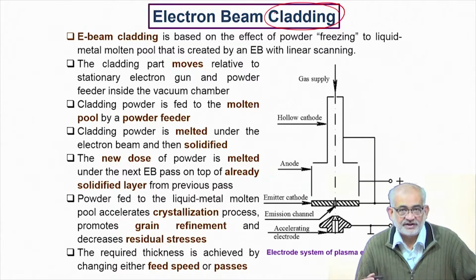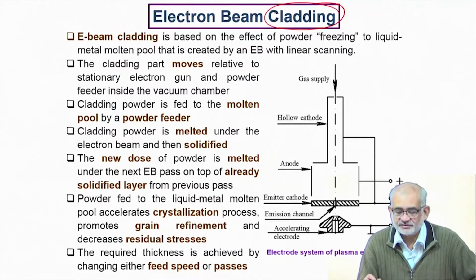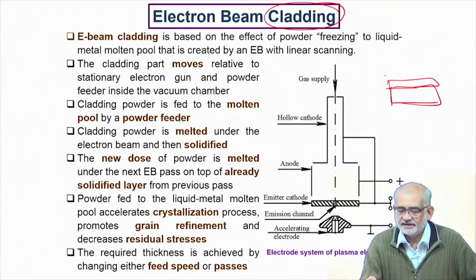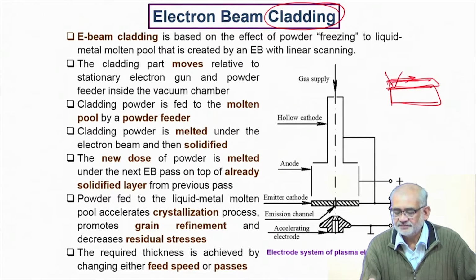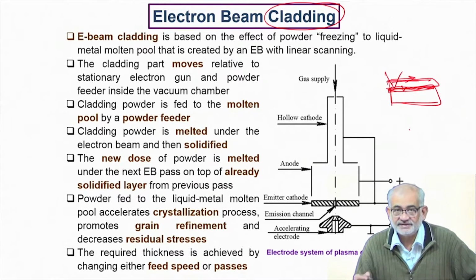So either you have pre-placed powder, which with a certain binder you actually can create. So if this is a component surface on the cross section, you can create a top layer and then use an electron beam to raster over the surface, so that not only the top layer melts, but the molten layer also dissolves a part of the underlying substrate, so that you form a nice bond here, and in the process you actually develop a much harder layer on top. It's not only about hardening the layer, it's about also restoration of the